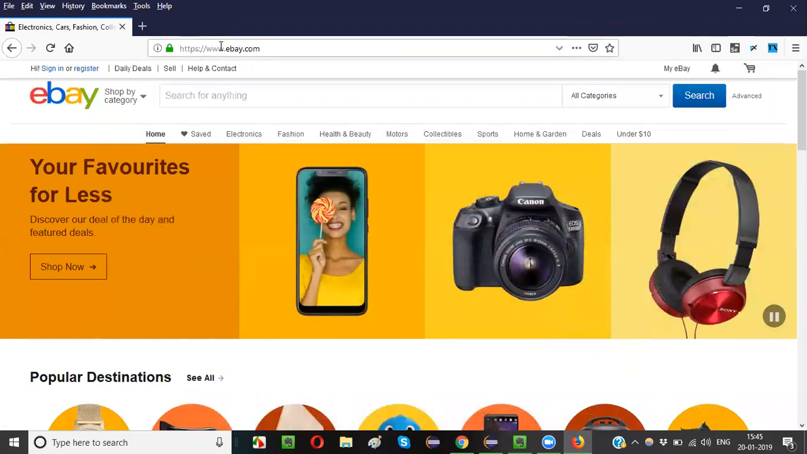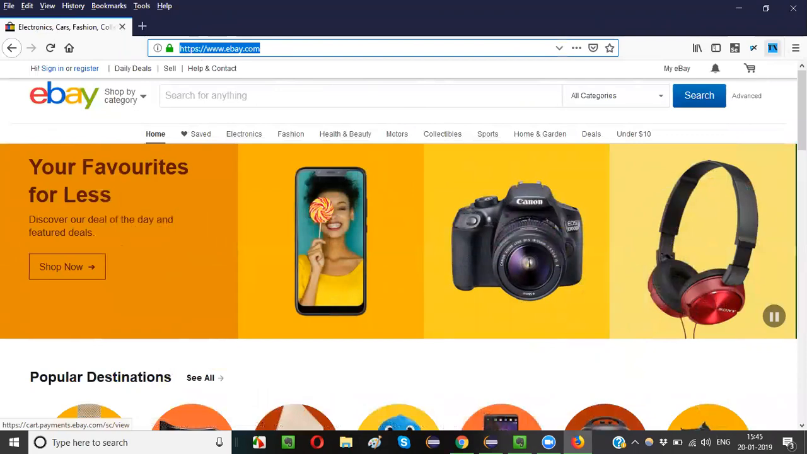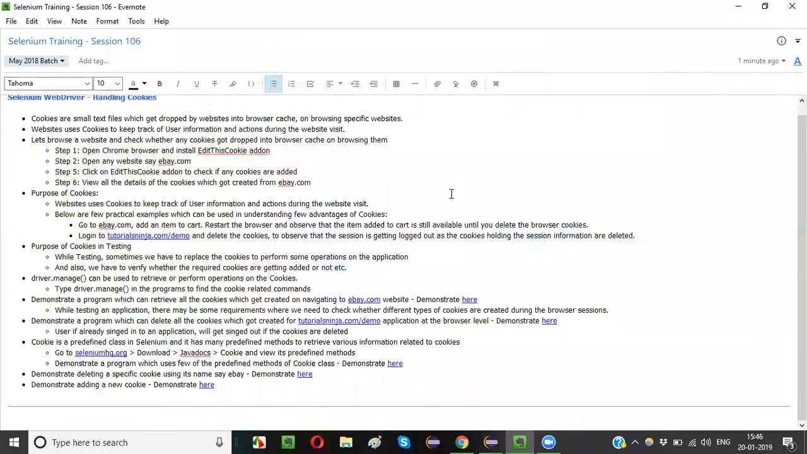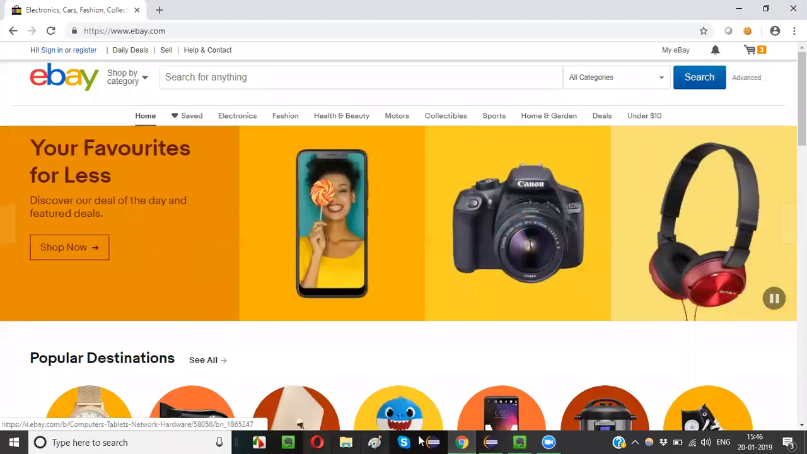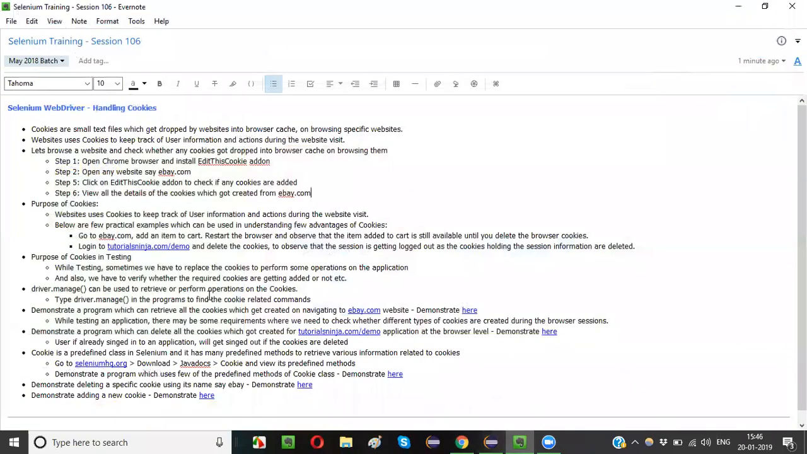What if I open this ebay.com in other browsers, let's say Firefox? You see, the cart is empty. Like this, with the help of cookies, browsers will remember the tracked user information. Okay. Now